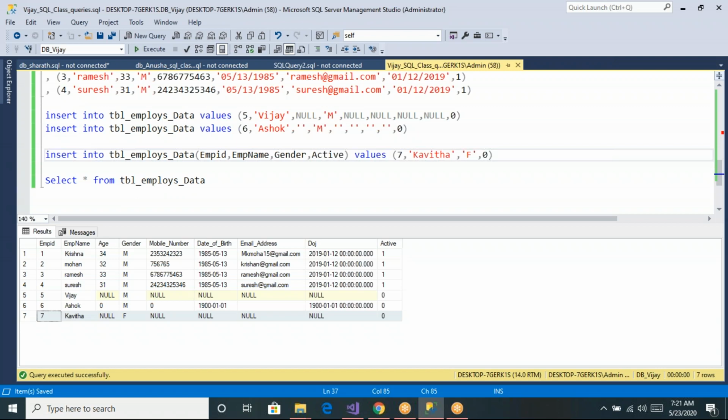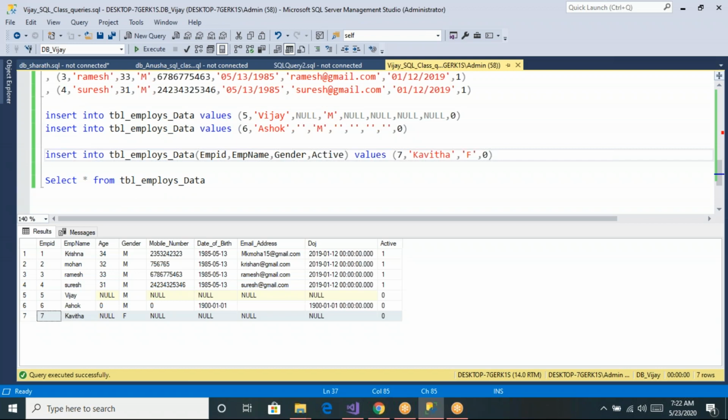So these are all the different ways of writing the insert query. And every time your customer might not give you the employee data one by one, no? He will send you all the employees' data in an Excel file. He can give the bulk list of employees in an Excel file or in a notepad file also. Every time he can't give you one by one employee record, no?